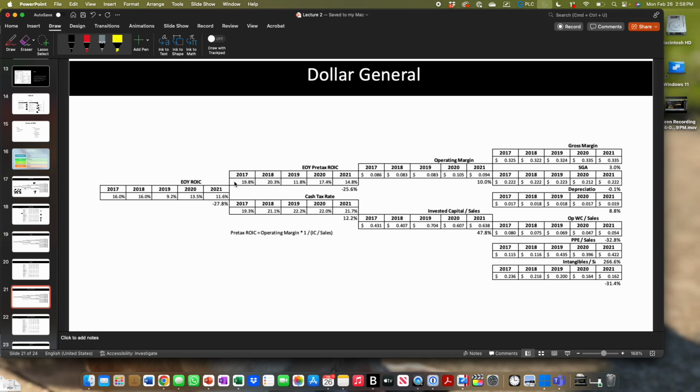It looks like invested capital over sales went up by approximately 0.2, from 0.431 to 0.638, while the operating margin also increased from 0.086 to 0.094. So to me, it looks like they increased their invested capital for some reason, while sales didn't increase by the same percentage. Which meant they were spending more to generate every dollar of sale, and that impacted,